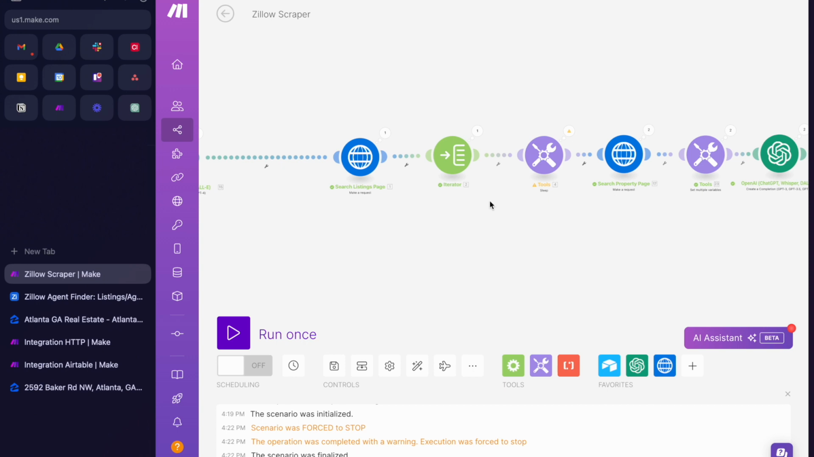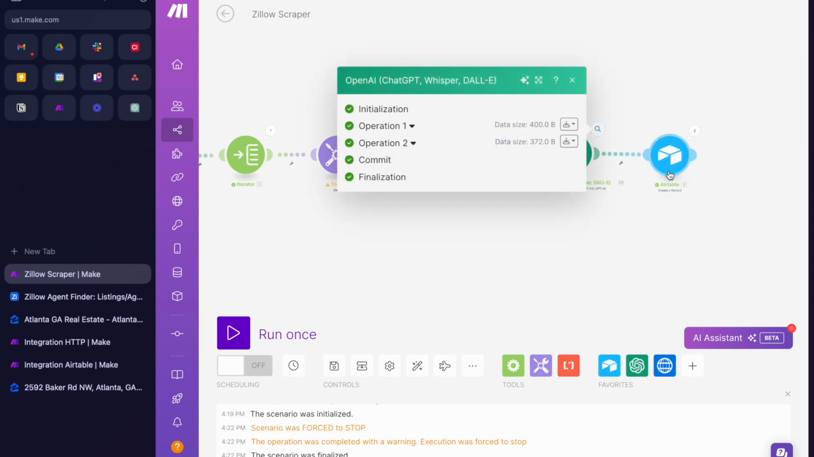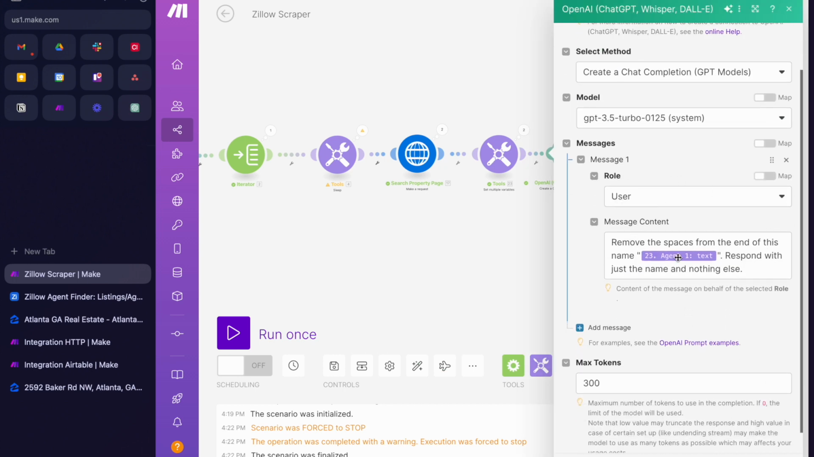And then we're going to use an iterator module to iterate each of those 41 properties. And then we will do another HTTP request to Zillow again using the property's link. And we're going to call that API and get the information from the property's listing page. And then we'll store all of that inside Airtable. And we'll use ChatGPT again, I'll show you, to just clean up the